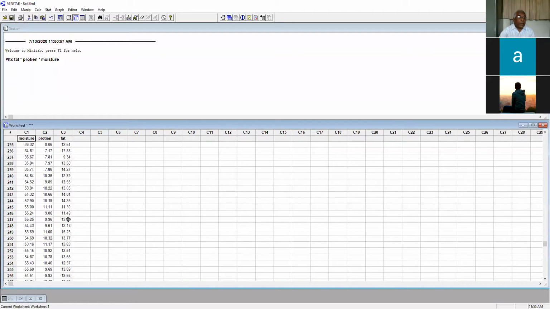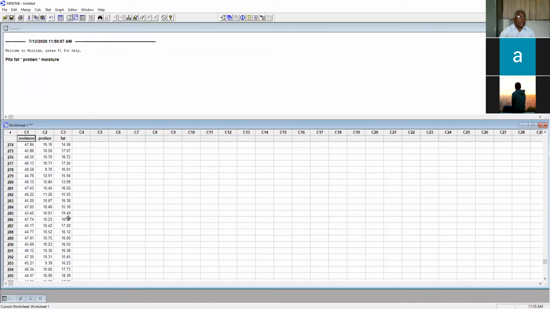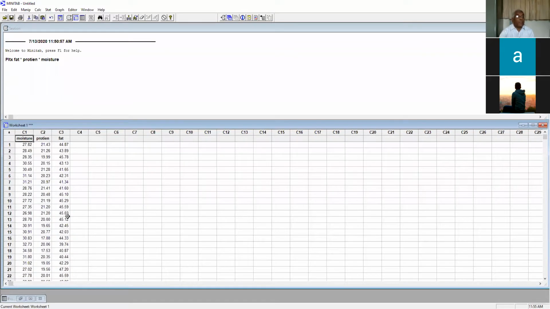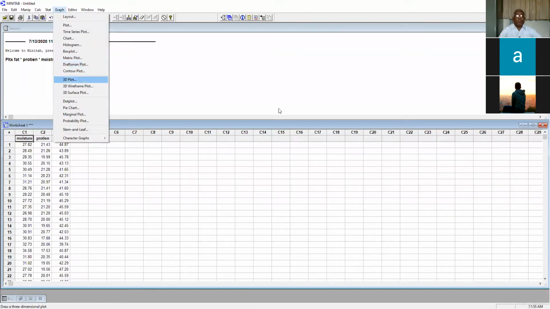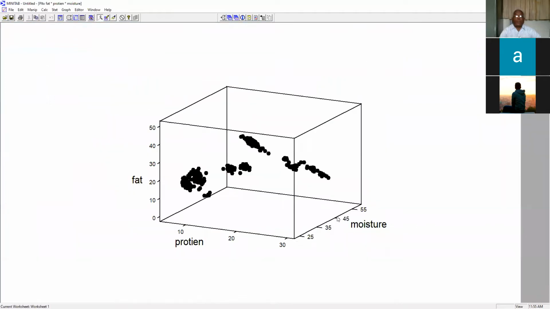Okay, see here, I have taken all 300 observations. So I have taken data on all 10 pizzas. And now we'll go once again with the same graph. See here, there are different clusters.